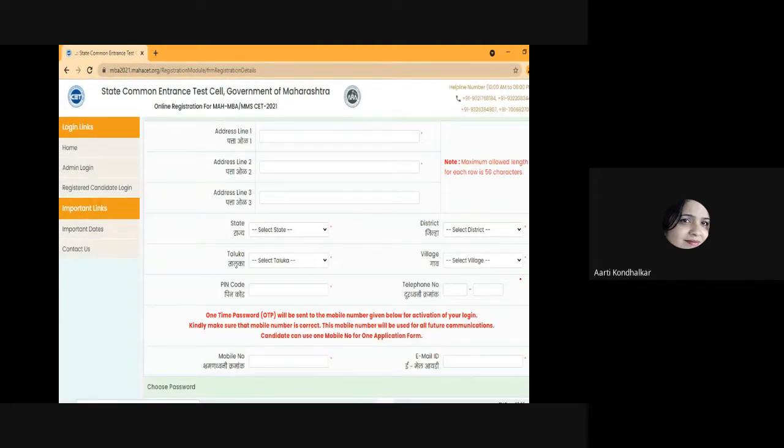When you enter your mobile number and email ID, ensure that they are correct because you get an OTP on this number. So, this mobile number should be with you to check the OTP. Also, all the notifications from MahaCET will be sent to this email ID. Therefore, ensure that it's your email ID and you check it regularly.